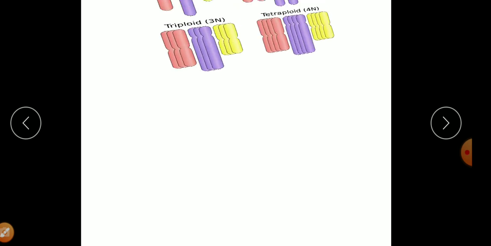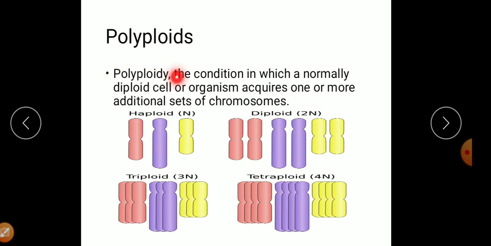And the last one is polyploidy, the condition in which a normally diploid cell or organism acquires one or more additional sets of chromosomes. It is a haploid set, it is diploid, then triploid where three copies are present, tetraploid where four copies are present, that is called 4n. So this is all about chromosomal